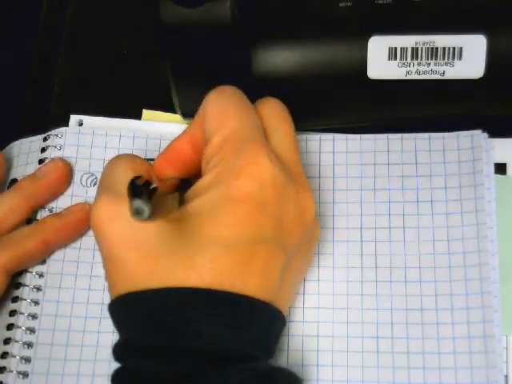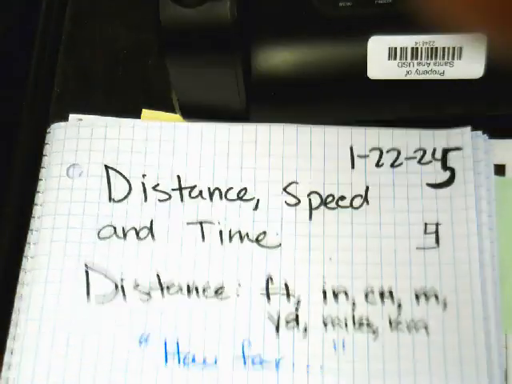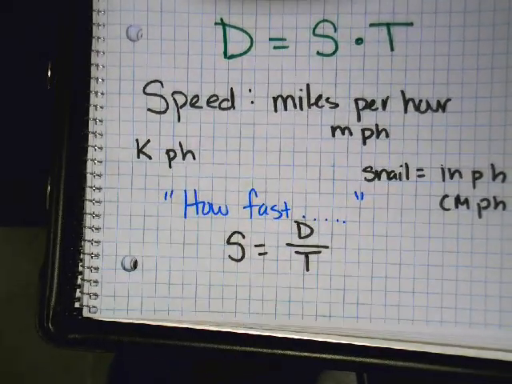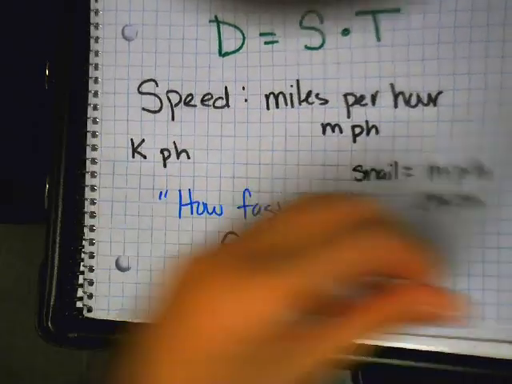What was it? Distance divided by... Are you copying off a different book? Yeah, why reinvent the wheel? Distance, this is like the most important thing. The formulas. All right, time.